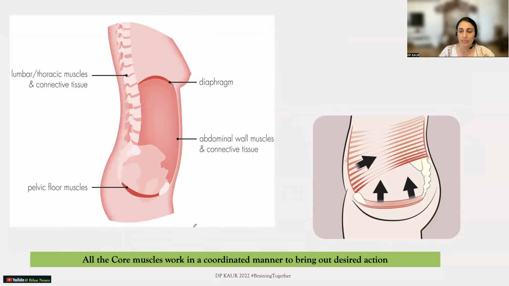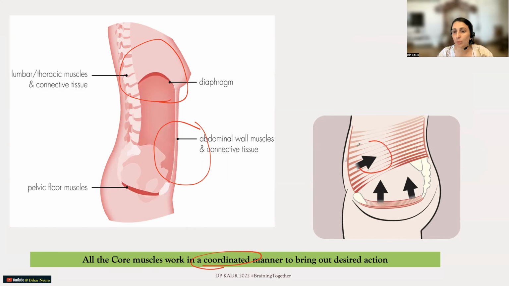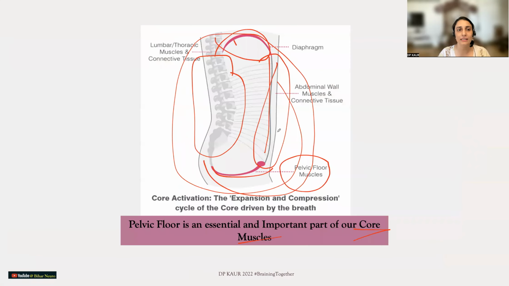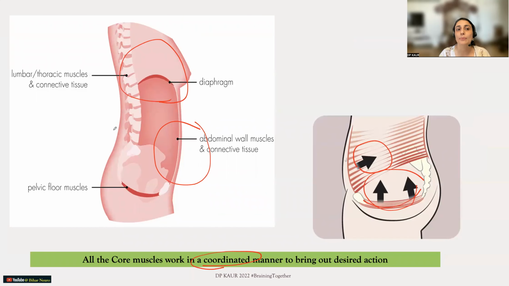Moving further, as I just said, all core muscles work in a coordinated manner. It is very very important that a proper signal reaches all of them, and the timing of that signal should be right so that they can all work together as one unit. Okay, abdominal muscles have to go in. As you can see here, abdominal muscles have to go in, pelvic floor muscles have to go up. Floor, farsh, it's the floor of the body, it has to go up, and when they do that, they tend to push the diaphragm upwards, and when the diaphragm moves up, we all know by now